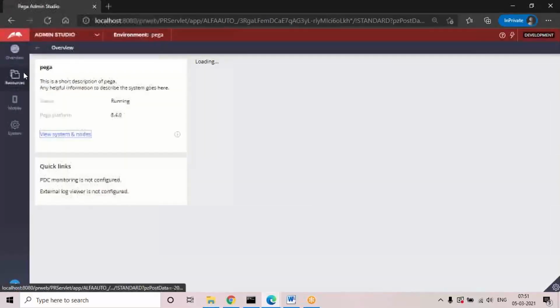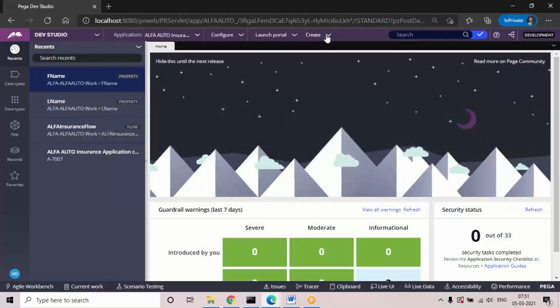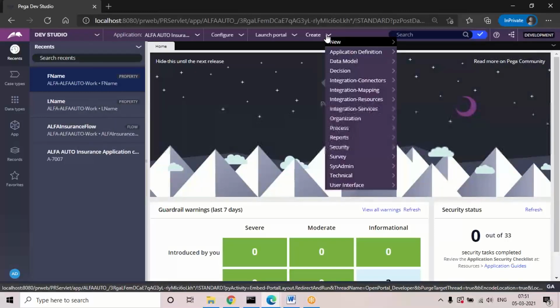If I try to access from this id, I will not get that username in this transaction, in the work object form. The reason is the changes done there were only updated in the personal rule set of that particular developer, not for everyone in the application.